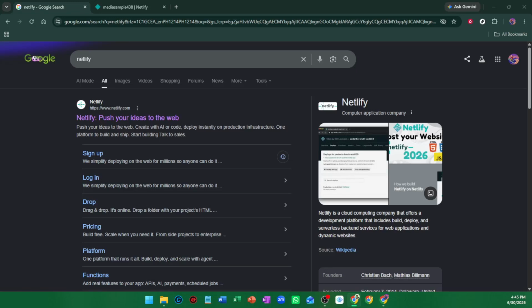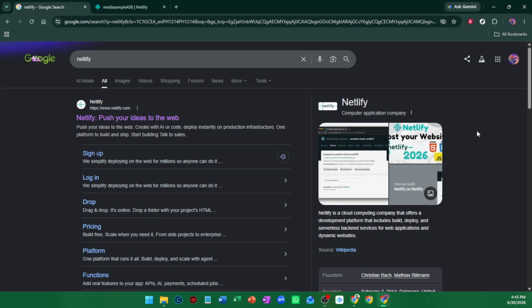In today's video, I'm going to teach you how to add authentication to Netlify. We'll walk through the basic setup for enabling user authentication on a Netlify project, and then we'll connect that setup to your code so you can start using it in your app. This is a great option if you want to add login and identity features without building a full authentication system